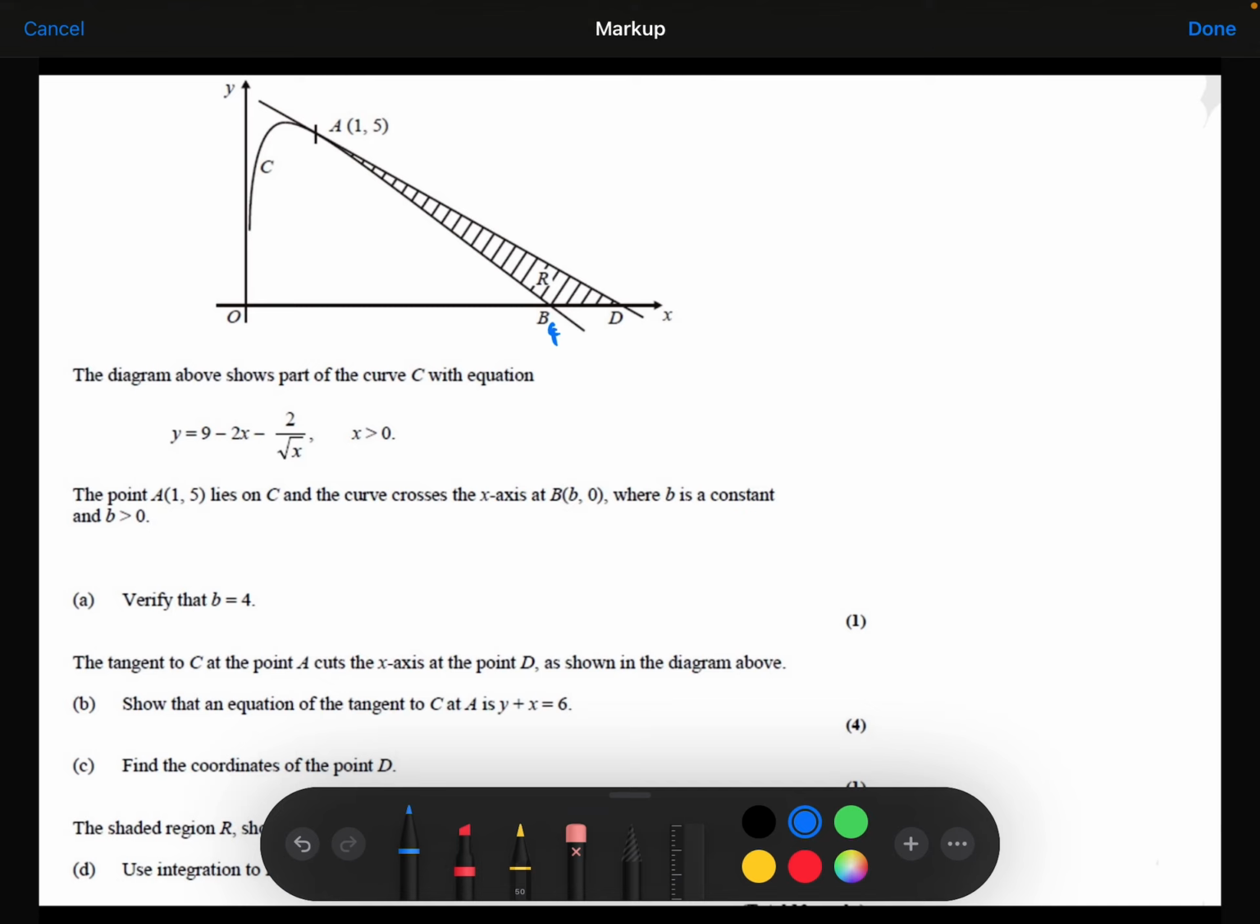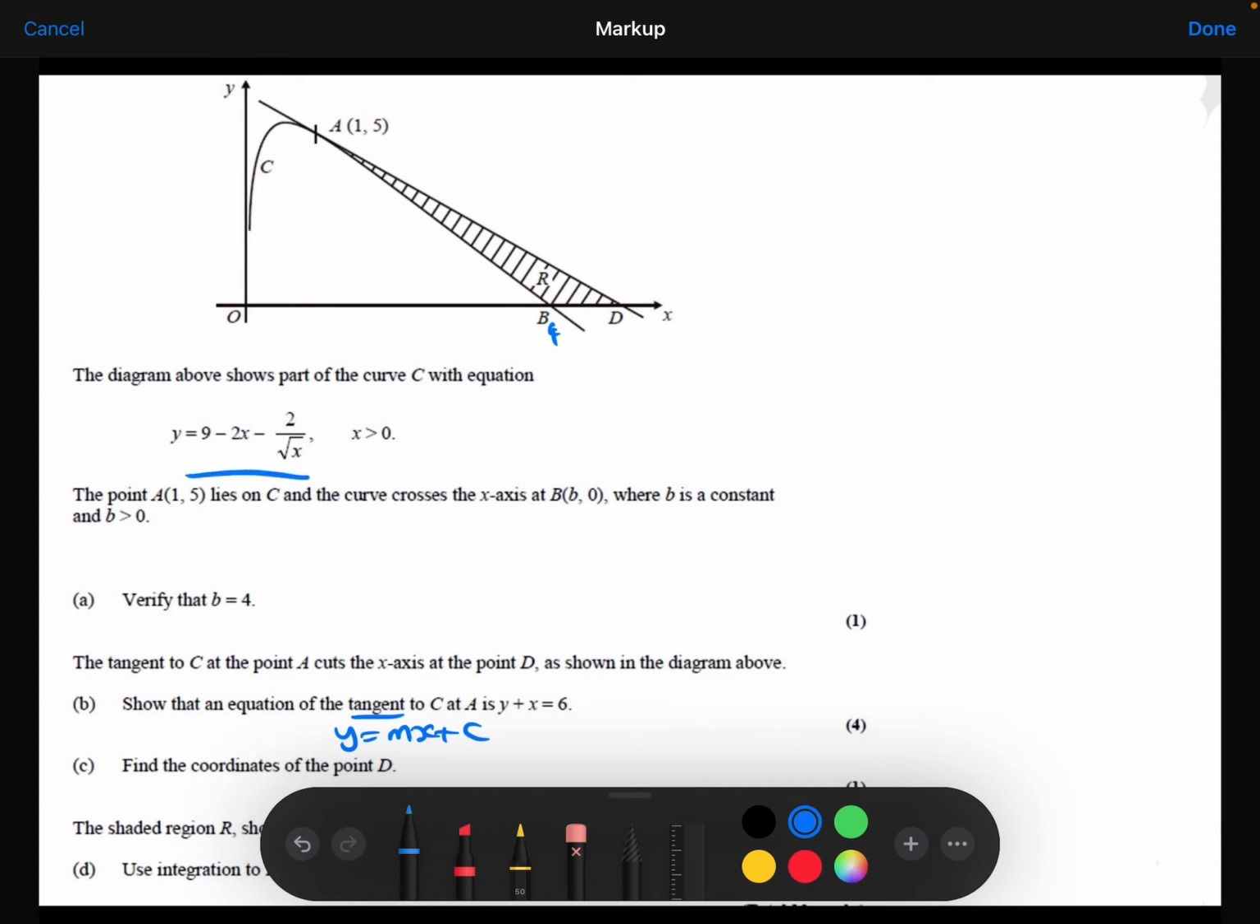We're then told that the tangent to the curve C at the point A cuts the x-axis at point D, as shown in the diagram above. We've got the tangent here cutting the x-axis at point D. We need to show the equation of the tangent to C at A is y plus x is equal to 6. So tangent is a straight line, y equals mx plus c, where the gradient is the same as the